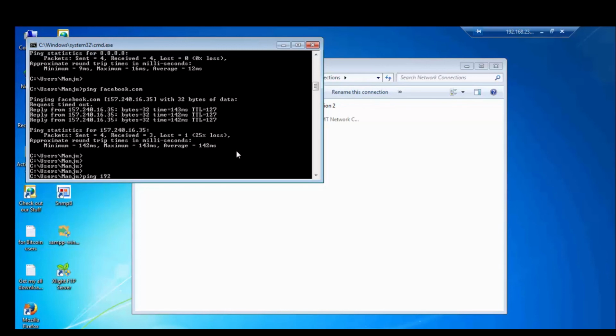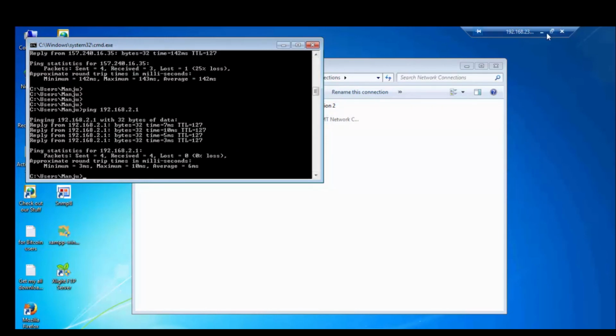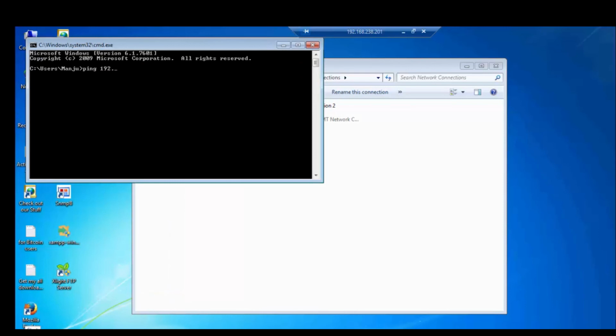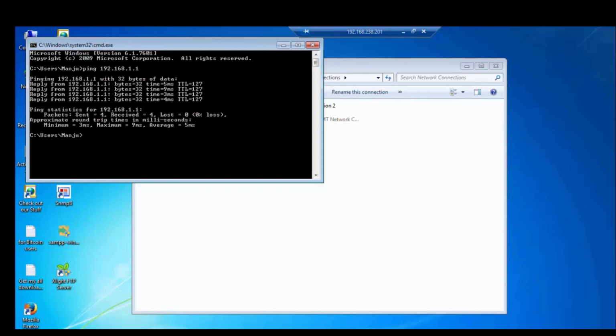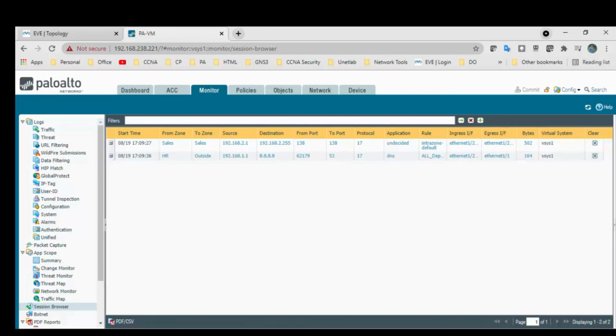Ping 192.168.2.1, and I have the connectivity to the sales PC. Similarly, I will go to the sales PC and I will try to ping 192.168.1.1, and the connectivity from my sales PC to HR PC. So I will check again the Google DNS. I have the connectivity to the Google DNS as well,